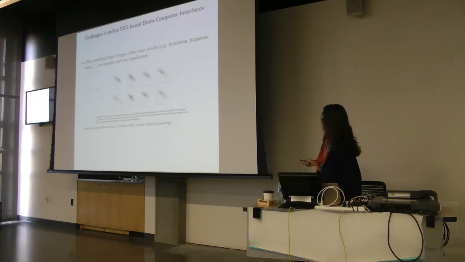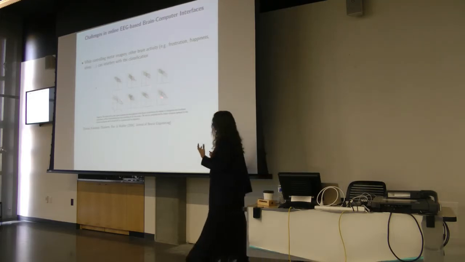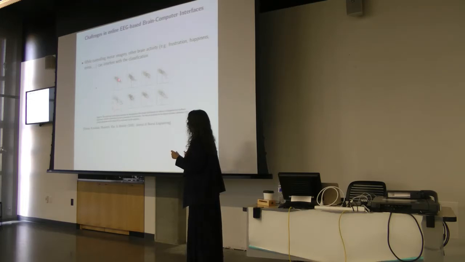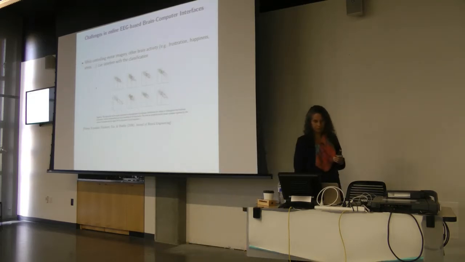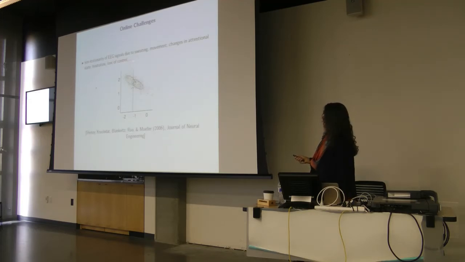Okay. So this is a plot from Krishna Shenoy's paper showing for the same subject, same electrode locations, just different blocks over time, the drift in the distributions of left-hand and right-hand imagery. And the line shows you the classification boundary that was learned in the first block and just how sometimes it's still fairly optimal and other times it's fairly suboptimal just because of the drift of these signals. Okay, so there's this non-stationarity due to a variety of things: sweating, movement, changes in attentional state, frustration. The losing of control itself can lead you to get frustrated, so basically loss of control can spiral out of control. And here what I've done is taken that figure from Shenoy et al., cut them out and put them on top so you can actually see them moving around over the blocks of